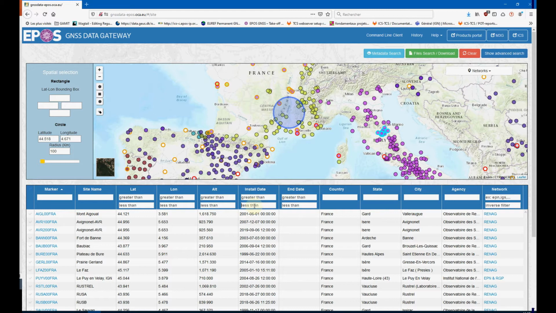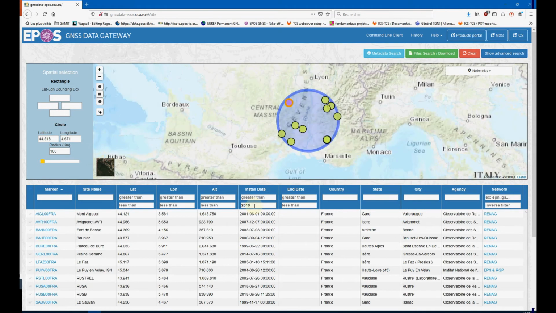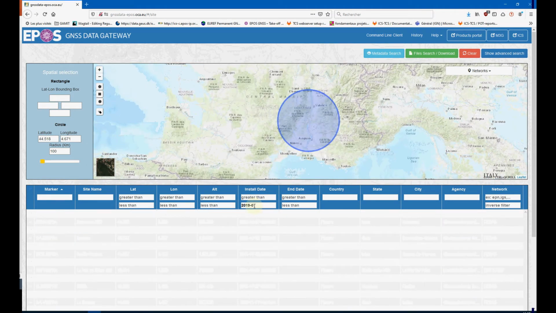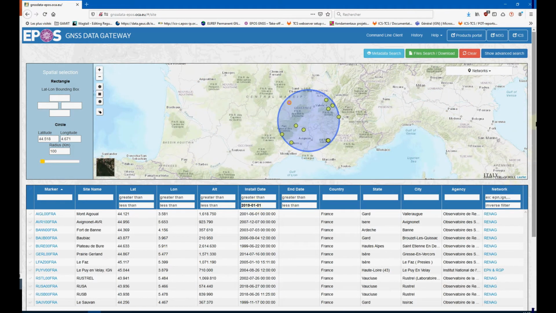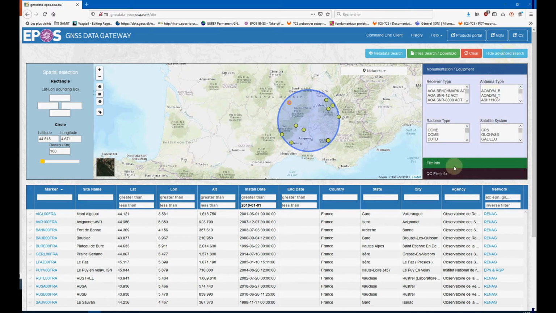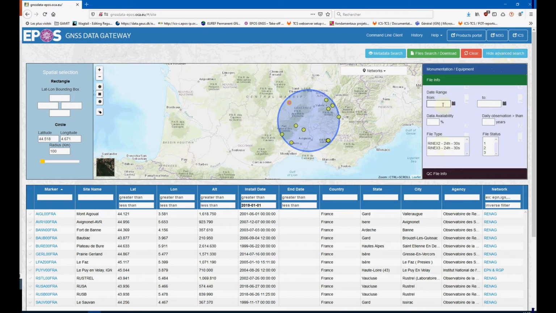Then we want stations that were installed before 2019. So let's do it in the table zone. And with data between the 1st of November 2019 and the 30th of November 2019.